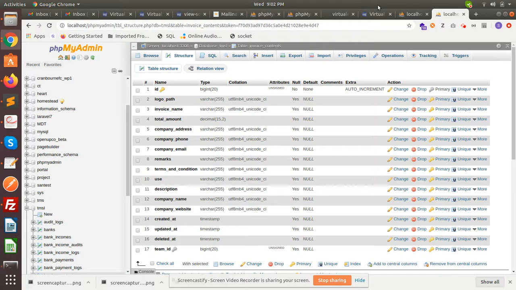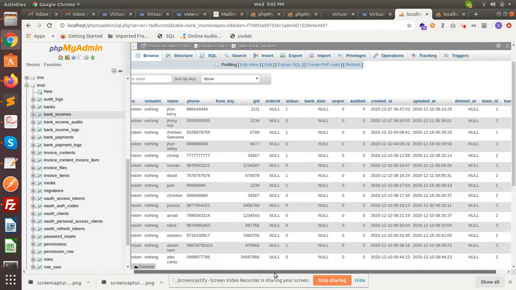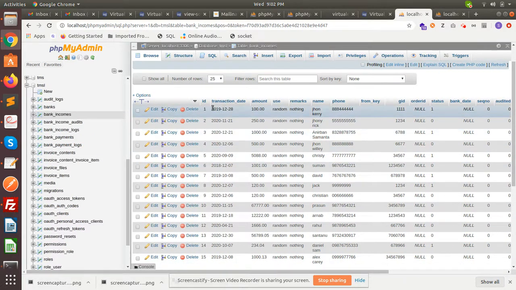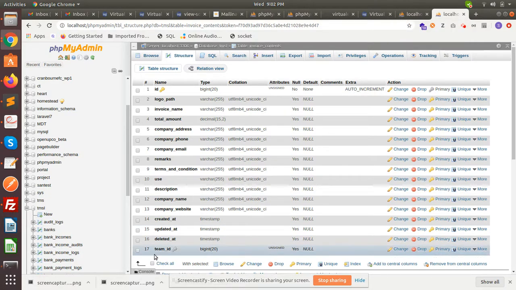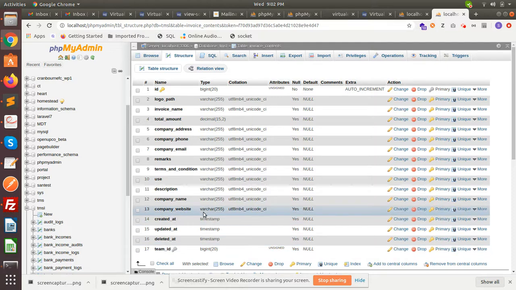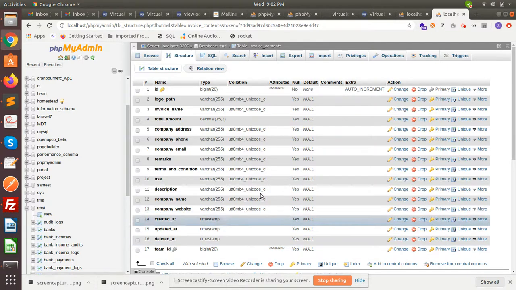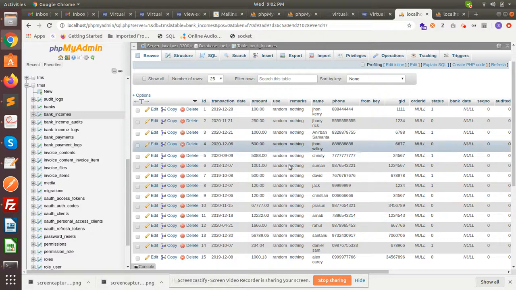So my question is, how do I relate this matched row with the invoice contents, because invoice contents has a team ID, but it may be possible that it has 10 rows with team ID 2, right?